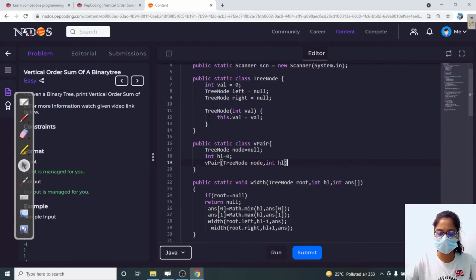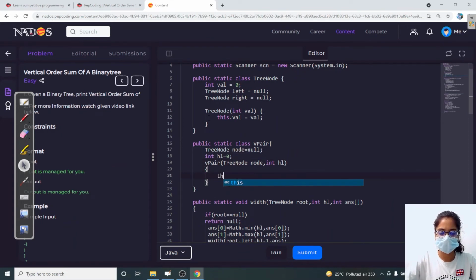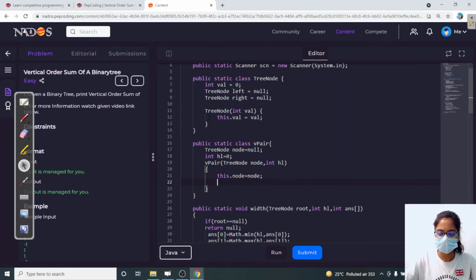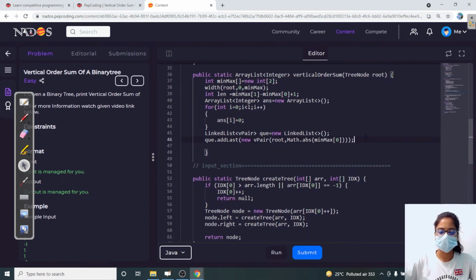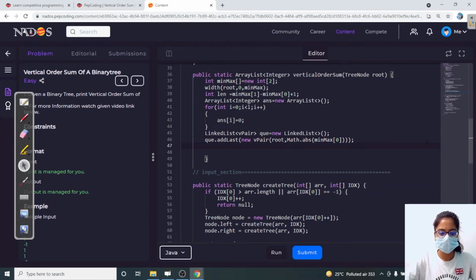Horizontal level. Okay. So our class is ready. Our vpair vertical pair class is ready. Okay. So now what we'll do, we'll start our while loop till size of q is greater than 0,